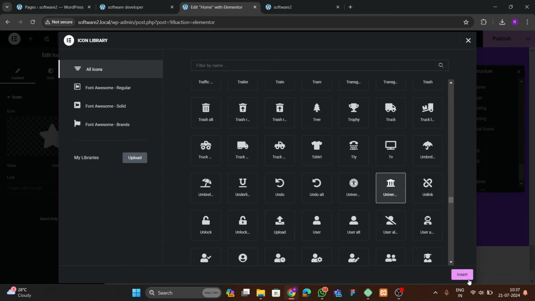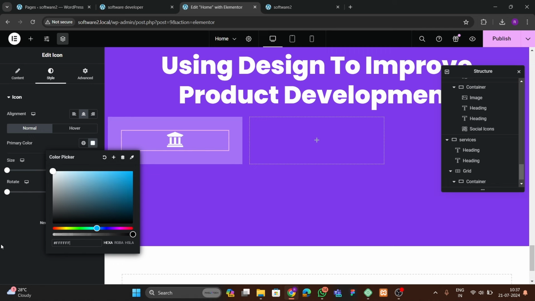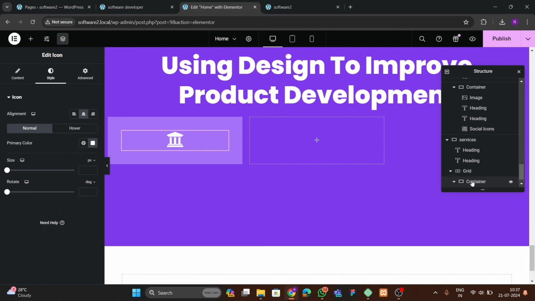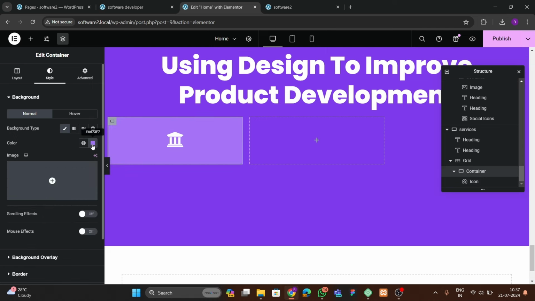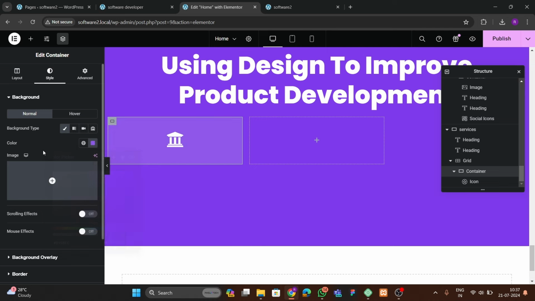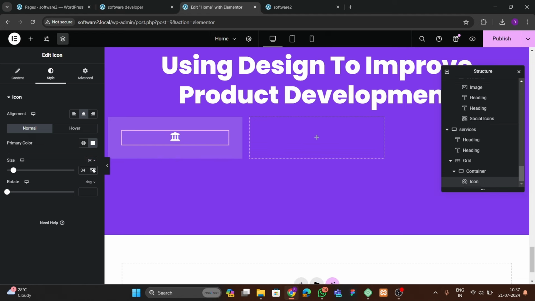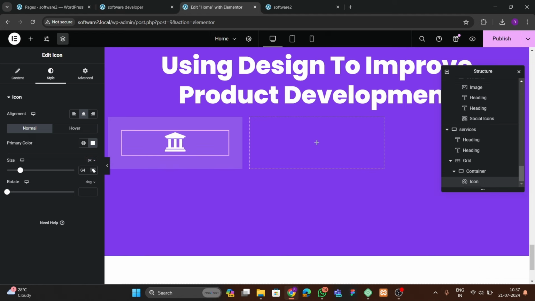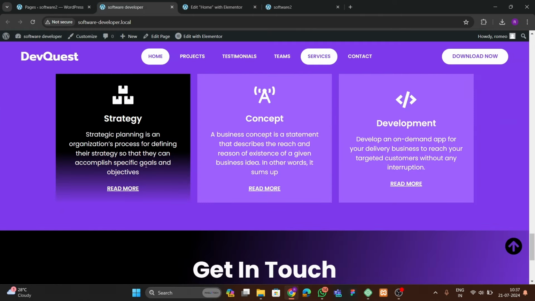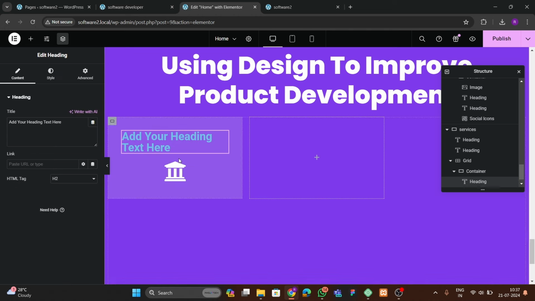So let me choose any random icon here. Okay, then here we're going to make it white. Okay, here this is too much light, so let me put some dark color to this. Okay, and after that let's increase this font size. And after that you can see that we have this text here. So for that we're going to go to this, and here we're going to drag and drop this text below to the